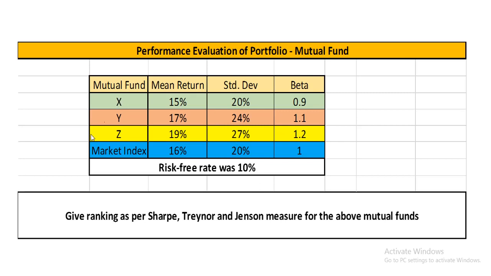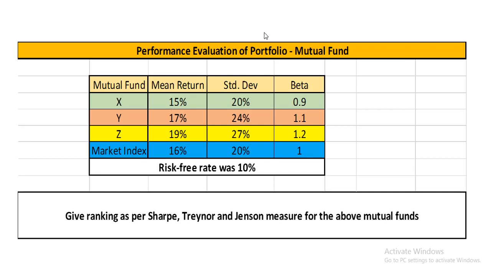There are three mutual funds. We have 1 lakh rupees, and we are thinking about where we should invest. One of our friends has suggested there are three mutual funds: X, Y, Z, and one is Nifty 50, or you can say the market. Mutual fund X gave 15% return in past years. This is the past performance,